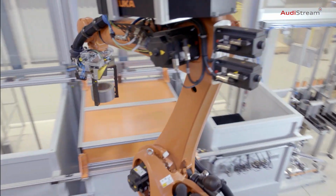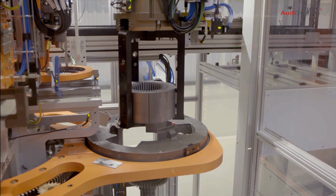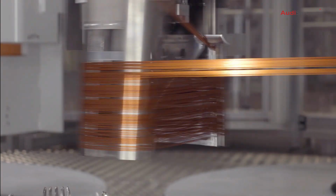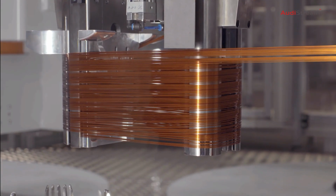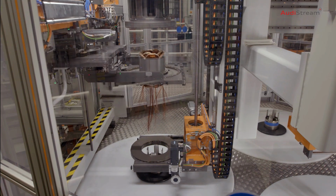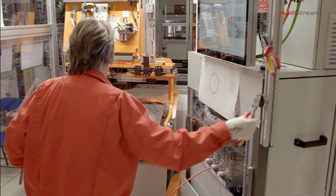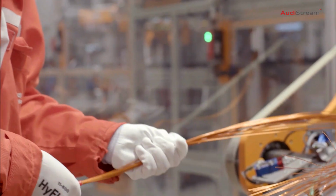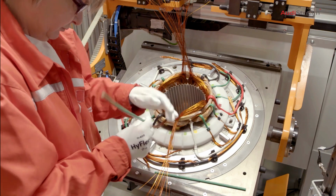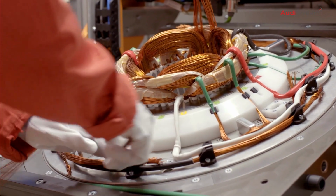Here we can see the first moment of the production process. The robot places the stator's laminated core in the first station. The other main component of the stator is the copper wire, from which the fibers must be wound and then drawn into the stator's laminated core. The total length of the copper wire is about 2,500 meters and it weighs 9 kilograms. This is followed by a manual station where the phase outlets are provided with insulating pipes and then glued to the coils. This work requires high precision,